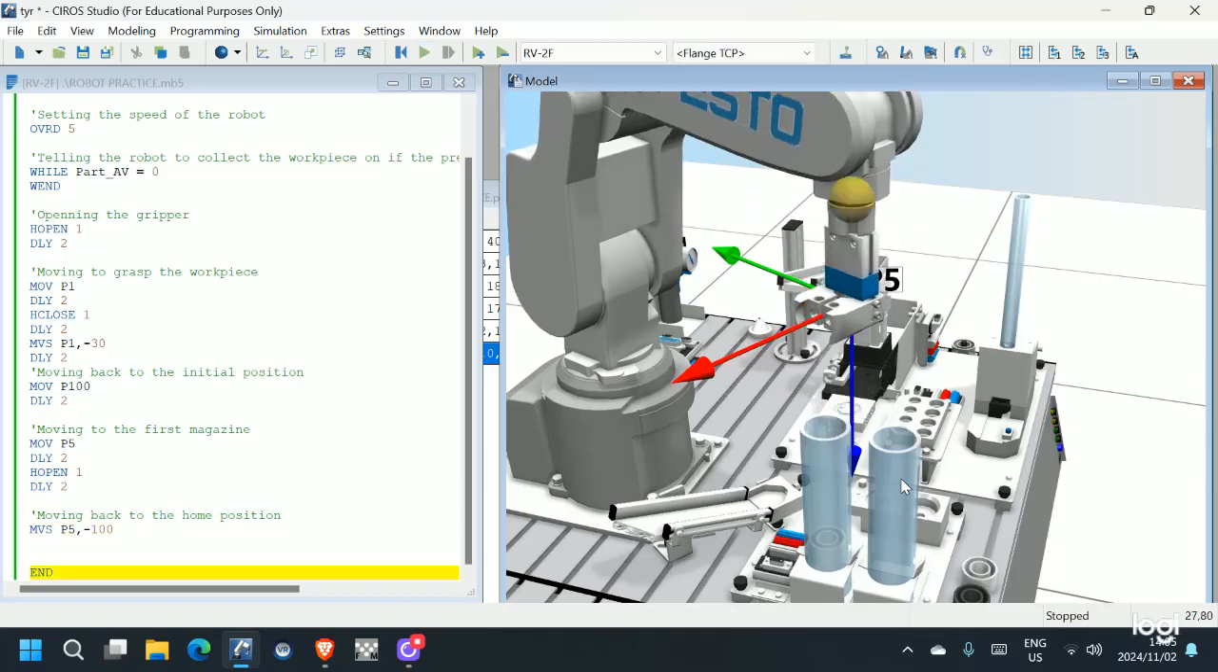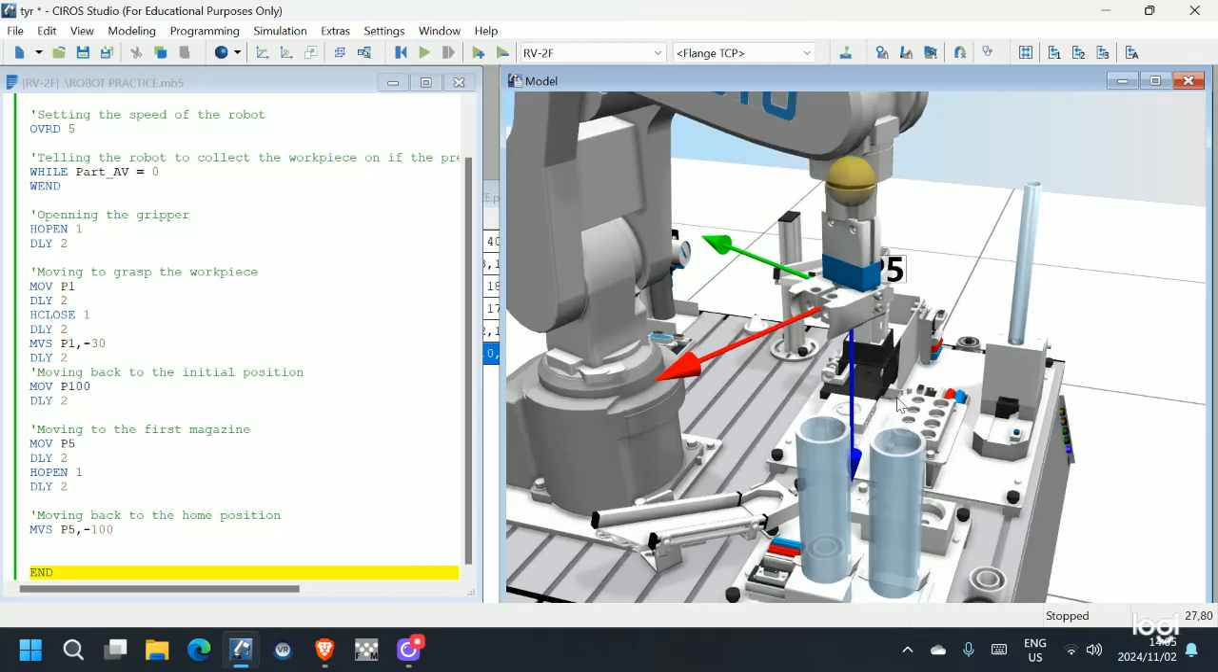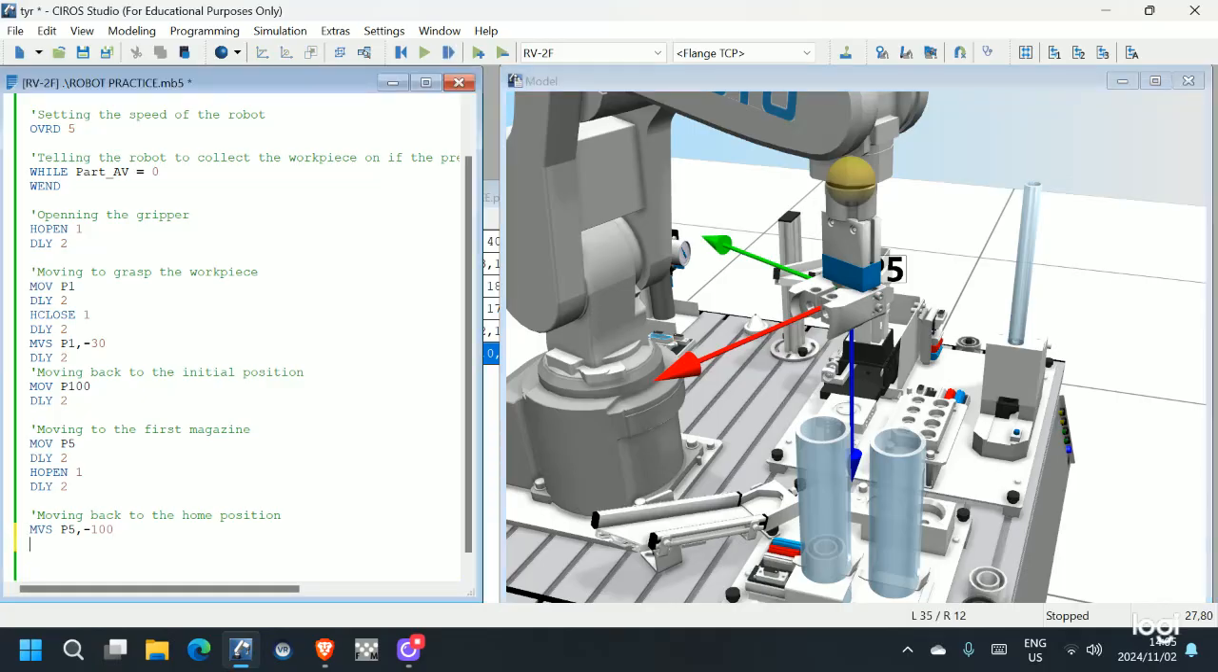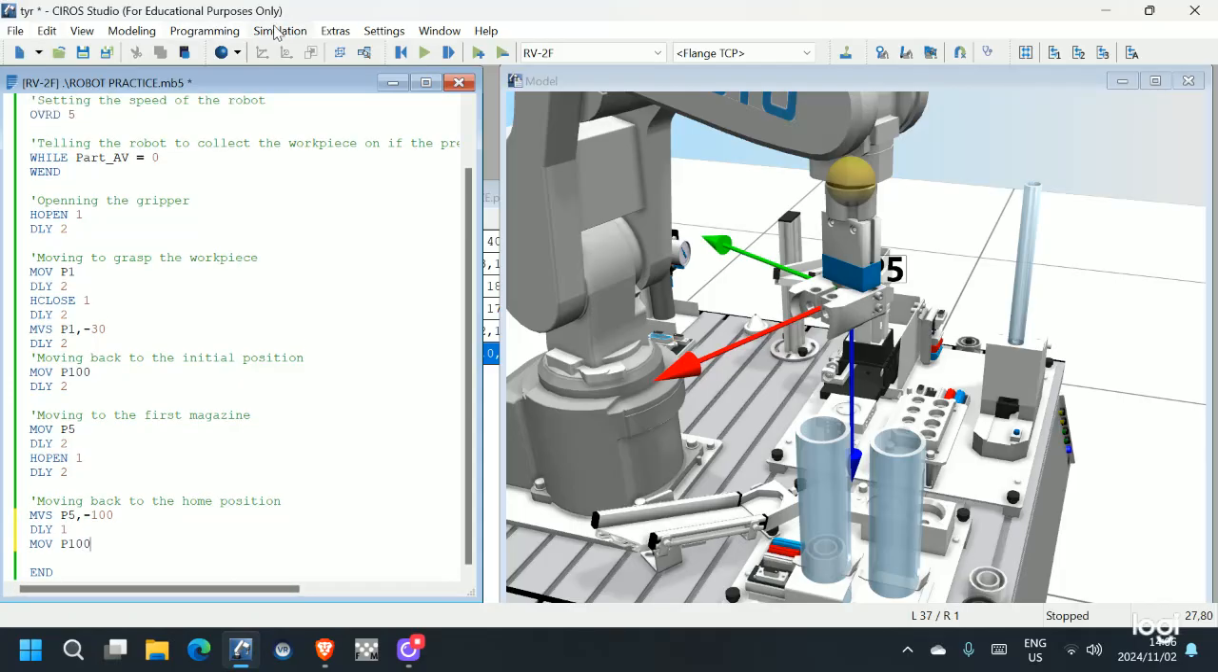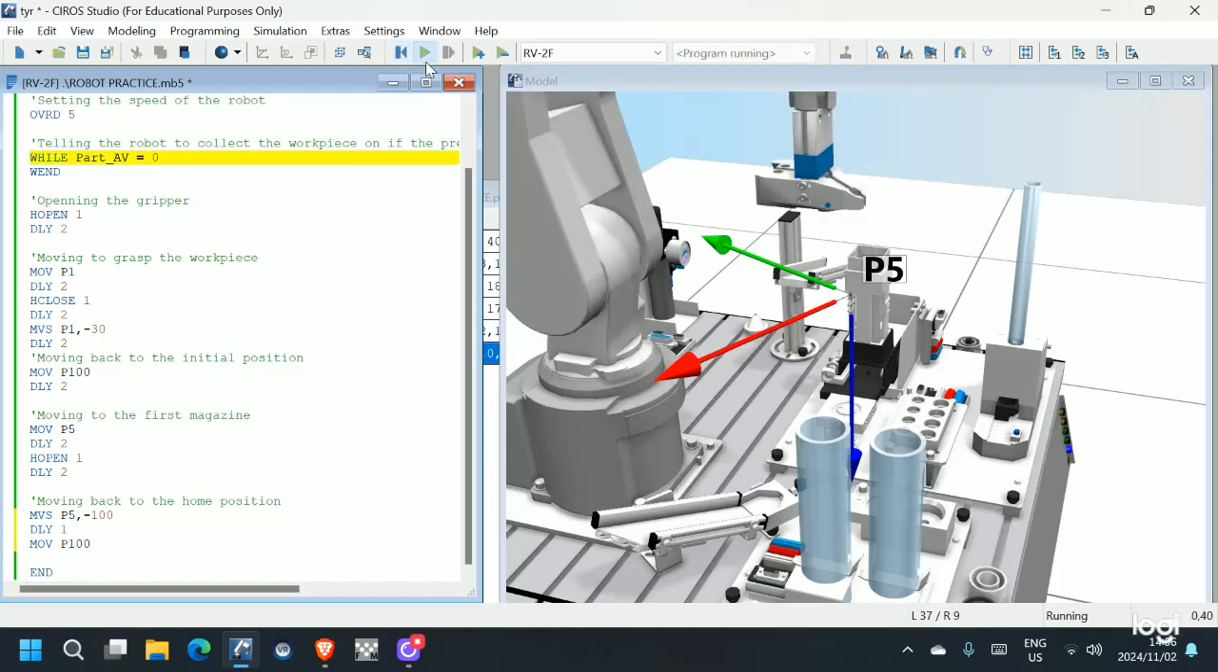So you move slightly up, and then from this position, as you can see, we are at a height of 100 above P5. From then on, we can delay for, let's say, 1 second, and then we can move back to home. So we can do an MOV back to home. Our home is our P100, and then we end the program. And now if I reset and simulate,